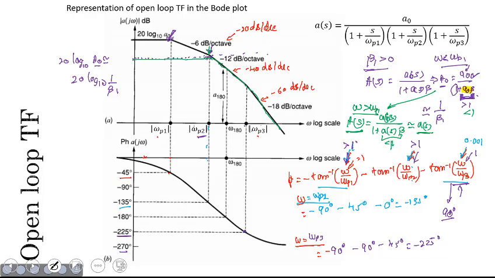Now what we really wanted to analyze the stability, is it the open loop discussion or the closed loop discussion? Neither, right? If I want to analyze the stability of a system, what we really want is the loop gain. It's neither the open loop transfer function nor the closed loop transfer function, right? So how can I extract the information? So what we know is